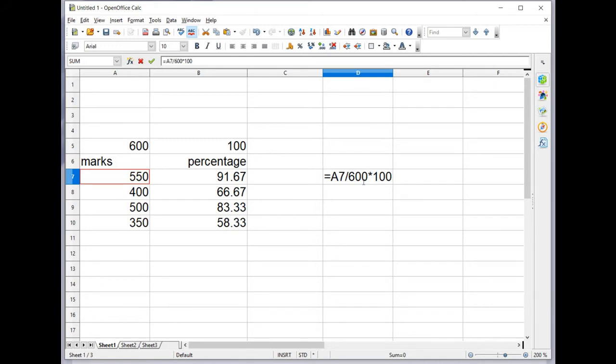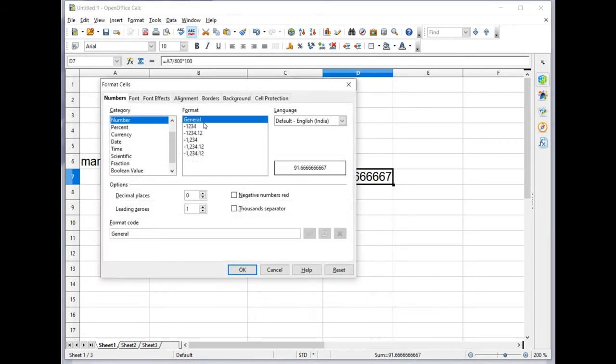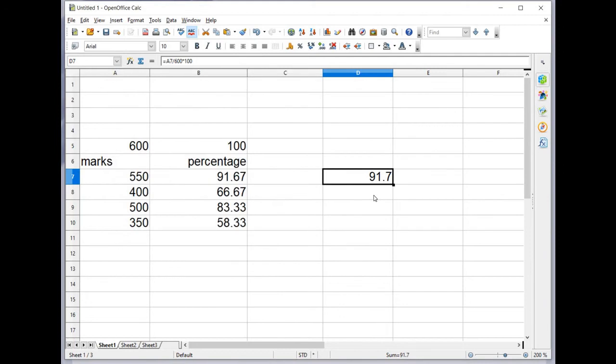Okay, this means 550 to 600. So what is the amount? What is the mark for 100? So same thing. Only point is the precision is here increased. How to change the precision points? That means the point 666. Instead of that, we want only 2 digit or 1 digit. Means select this. Right click, format cells. Here you can see that percentage number with the precision point 2. So click OK. If you want 1 means you can decrease this here and click OK. It will show only 1 point.